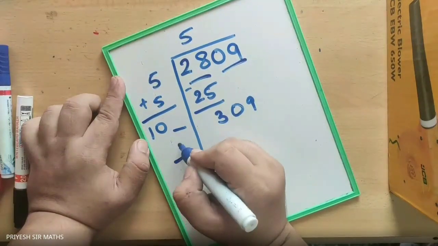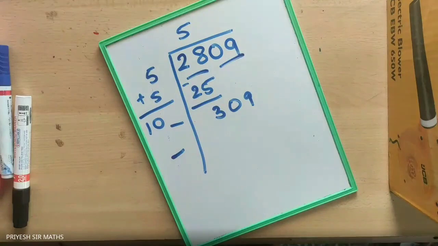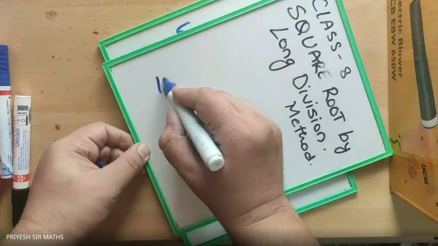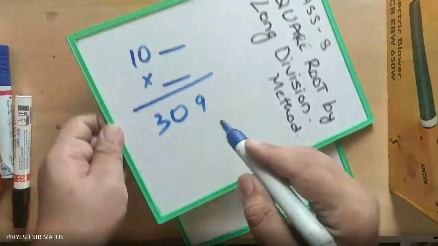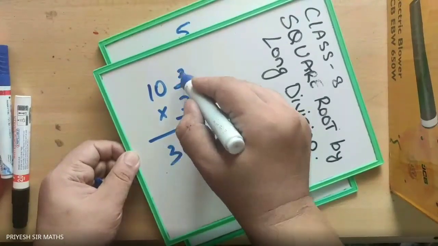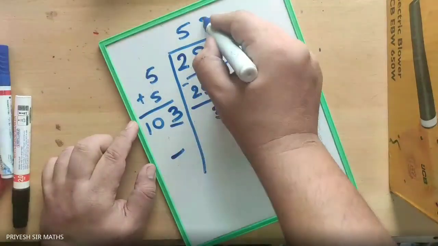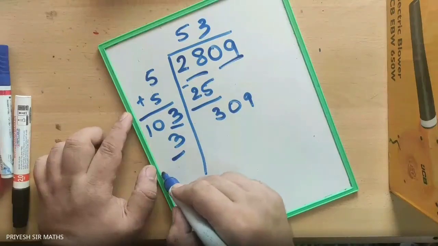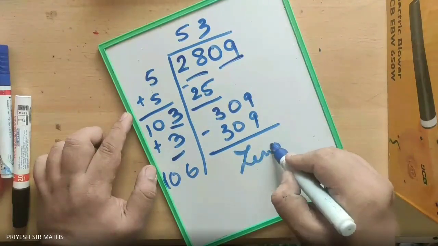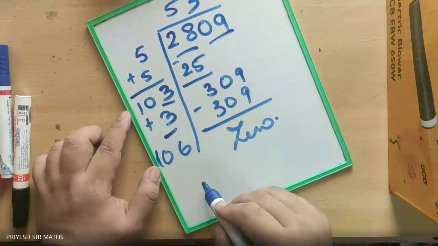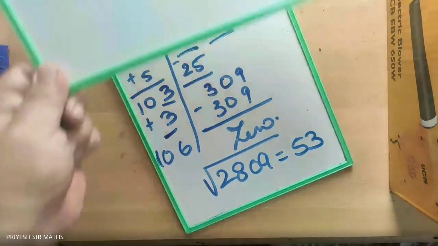What number should be multiplied over here? So we get 9 over here. Very simple. We can check like this also, that when you take 1 0 dash, what number should be multiplied? So we get 309. Obviously 3. It is very simple. 3 3s are 9, 0 and 3. So we take 3 over here. 106. Here you have to add only and here you have to subtract and you get 0. It is very simple that the square root of 2809 is 53. Please note it down.